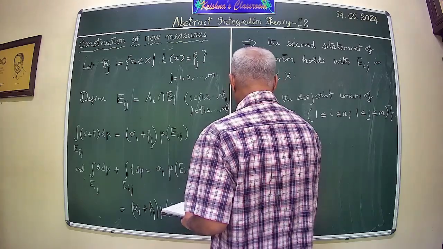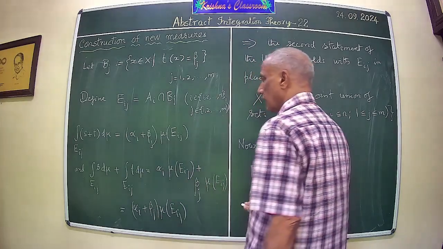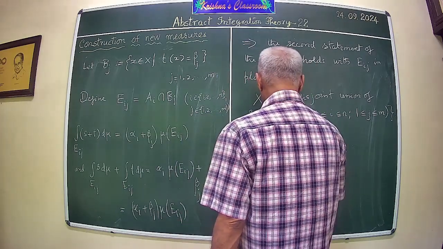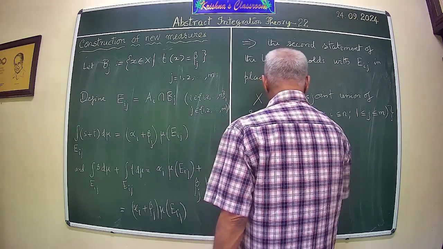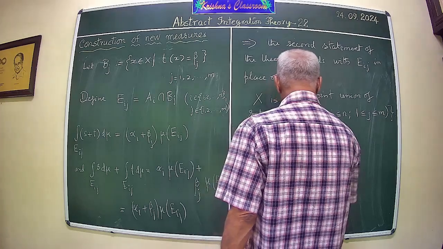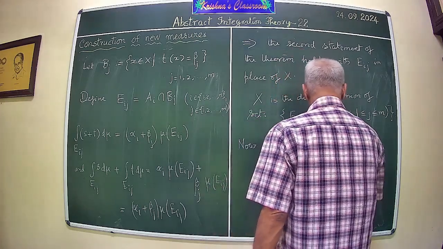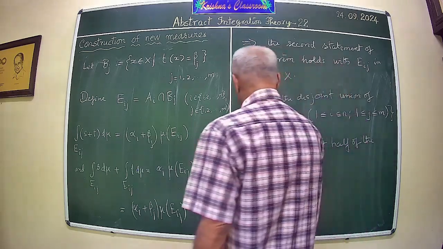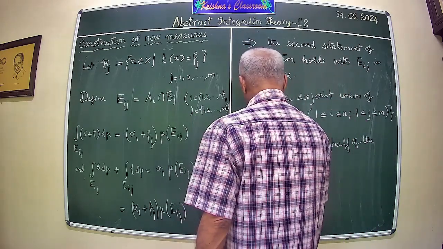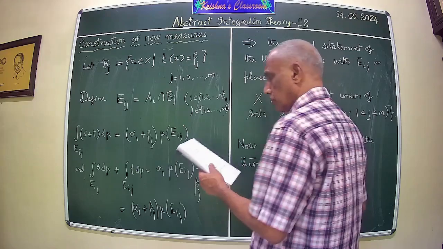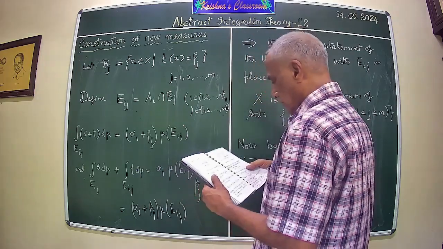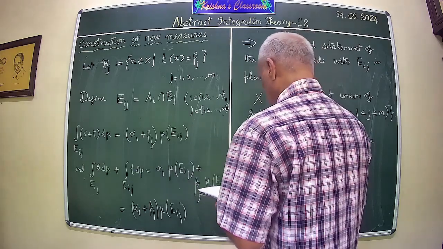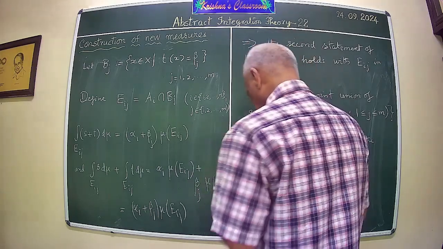Now by the first half of the proposition, theorem, namely phi equal to the integral over E of S d mu. Okay. So that will give you